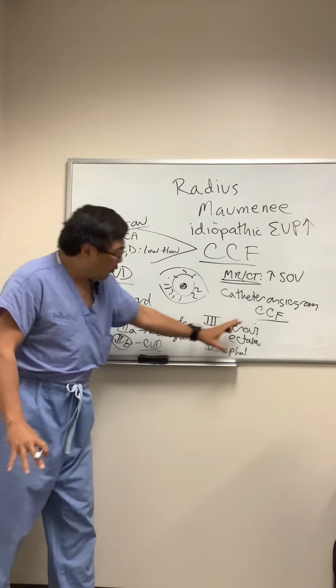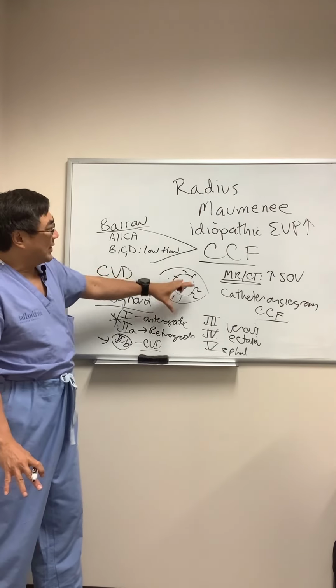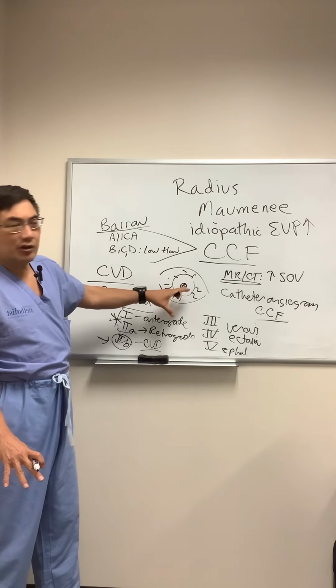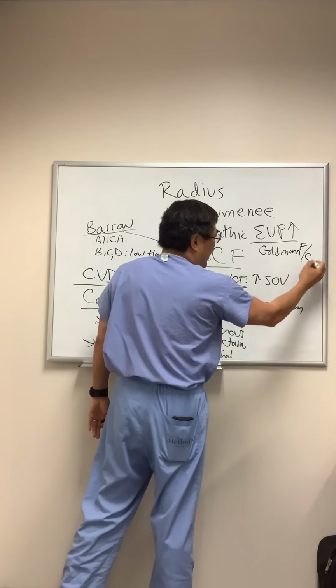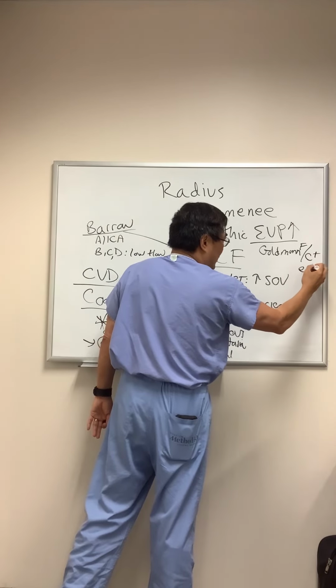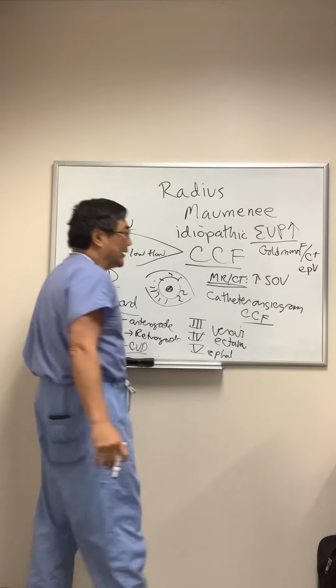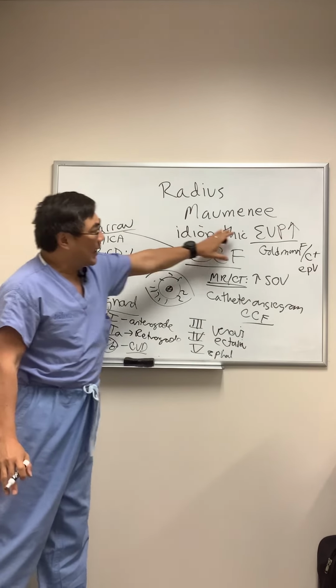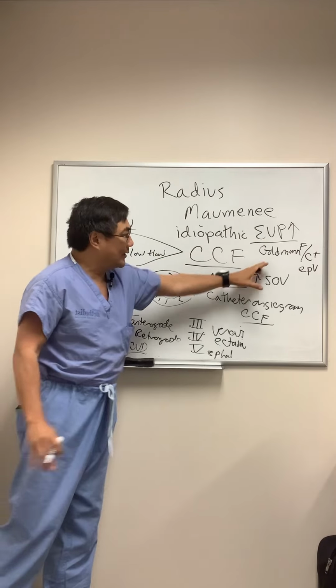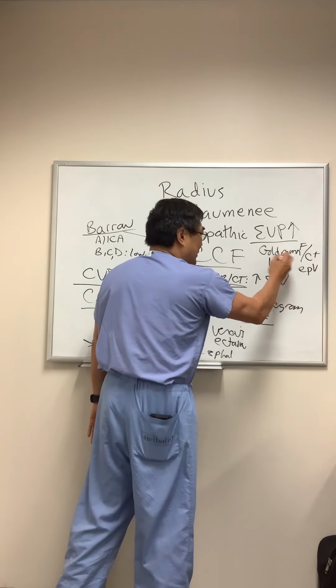So if you do all the workup, and of course it can't be episcleritis, scleritis, the usual causes of red eye. You have glaucoma, and in the Goldmann equation, as you know, it's a combination of the fluid production divided by the outflow, plus the episcleral venous pressure. And so when you have Radius-Maumenee, you have idiopathic episcleral venous pressure that raises intraocular pressure as defined by the